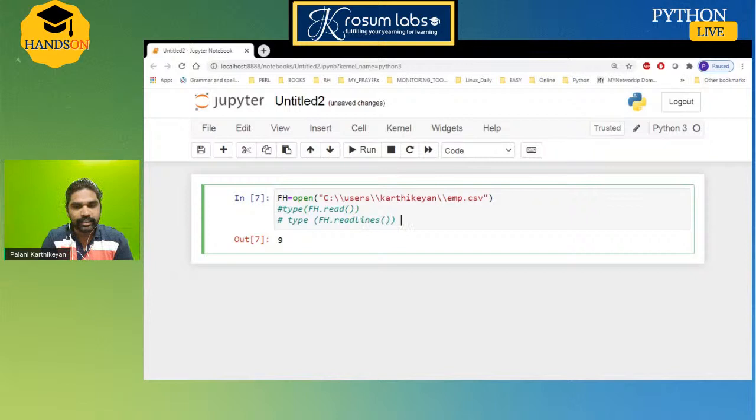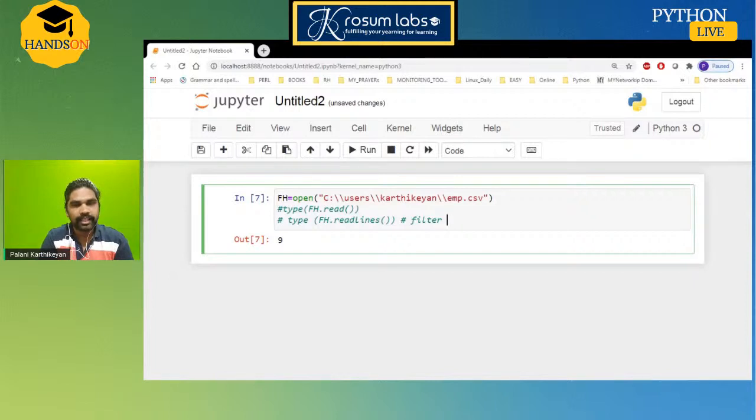But I don't want to read all the lines. Like the lines in my sample CSV file, 9 lines, but I don't want to read all 9 lines. I want to read the first 5 lines from top to bottom, or the last 5 lines from bottom to top, or the middle portion from 5th line to 10th line, or 5th line to 7th line. It depends on the range, on the volume of the data, the number of rows. So this kind of filter processing, list is advisable.